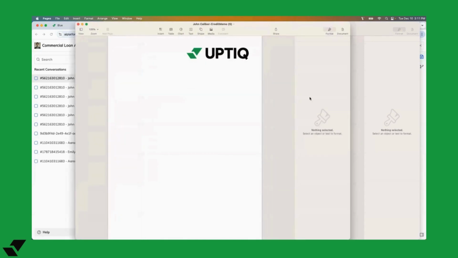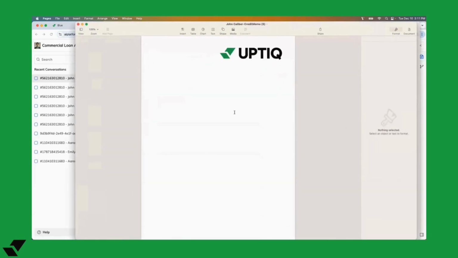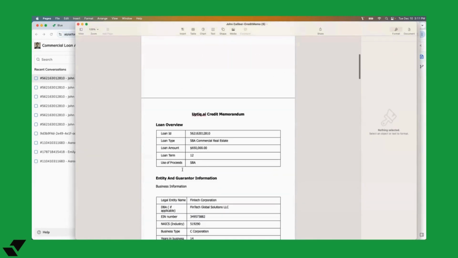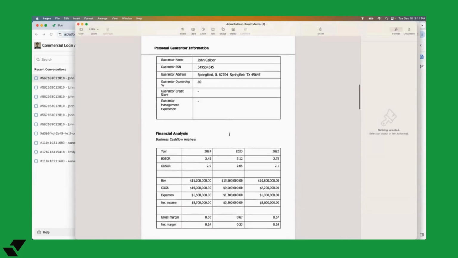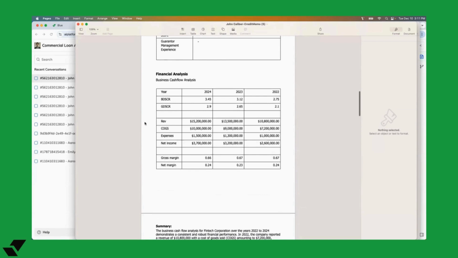All right. So here is the example credit memo. It is on the Uptiq template. This template can match any branding of a lender. It's pulled in our information. It's our $650,000 request. It has added here's the spreading information where it did the DSCR analysis, spread across the